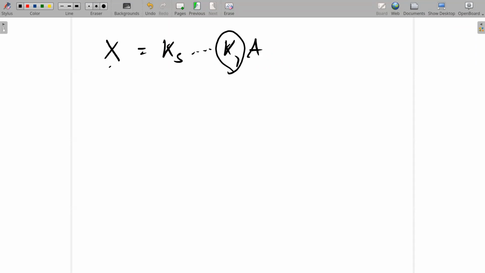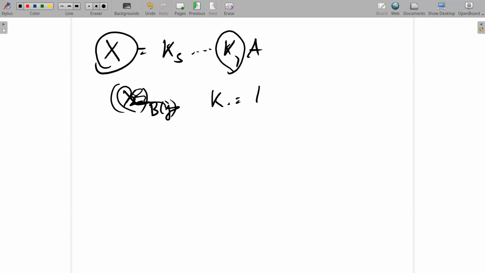You keep doing that, and eventually after S pivots you have reached X. Now if I call K equals Ks all the way up to K1,